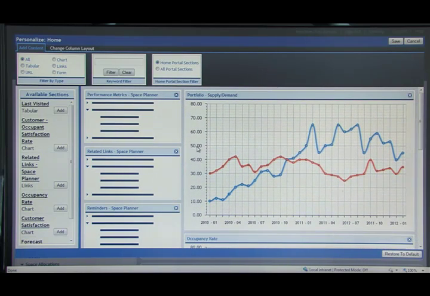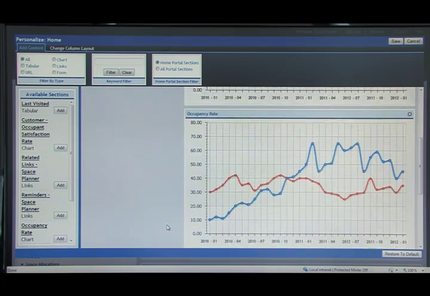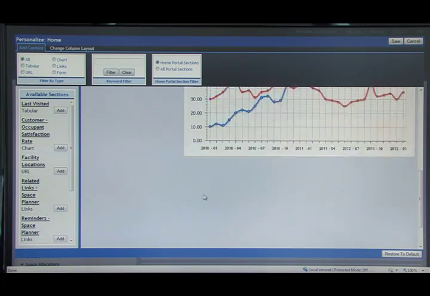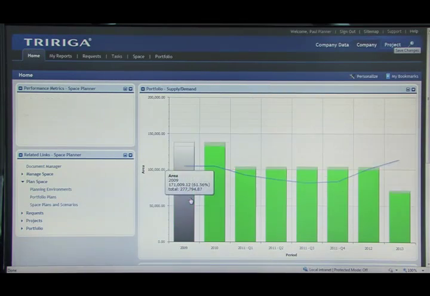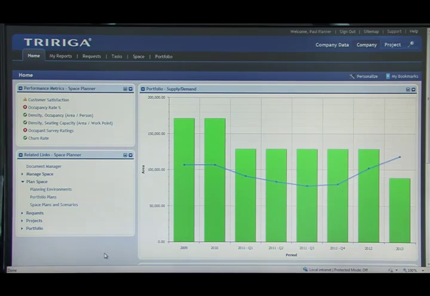So I can move a few things around. We'll move around my reminders. I'll get rid of this reminders section, and down below just get a few sections off to simplify my view today. And I'll go ahead and hit save. So what I'm going to see in my forefront now is what we refer to as the TRIRIGA portfolio supply